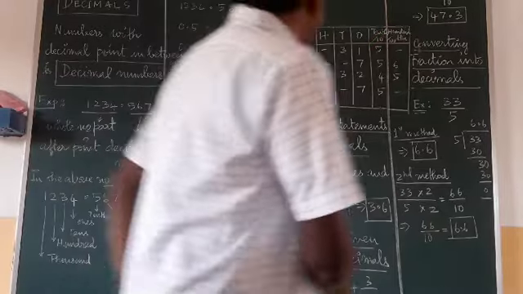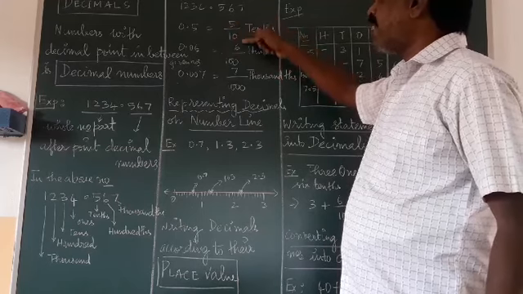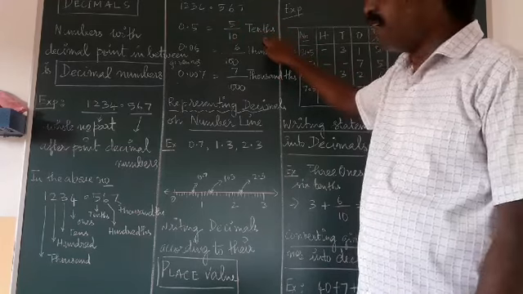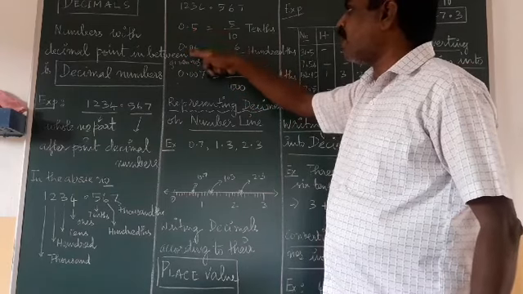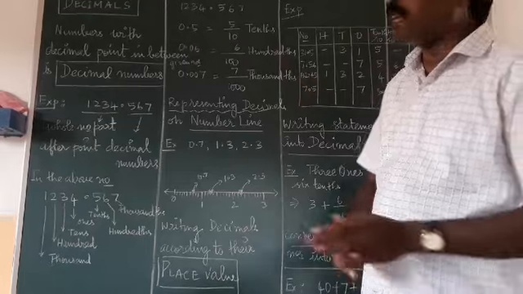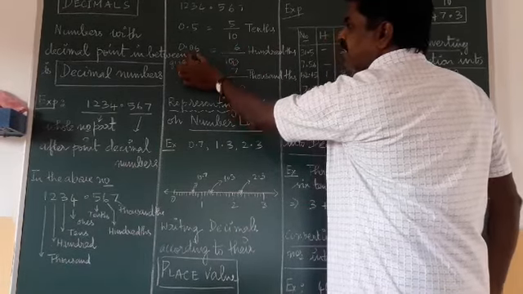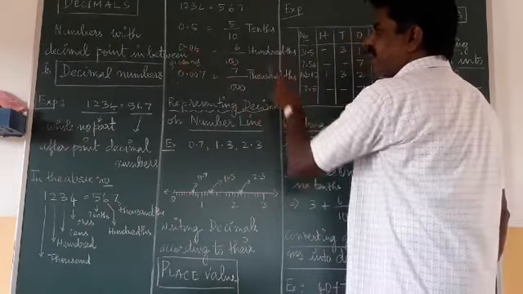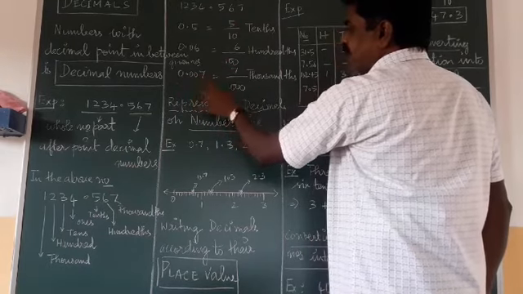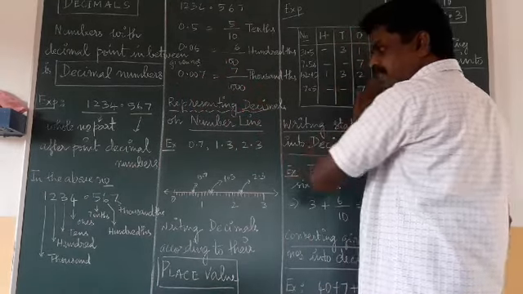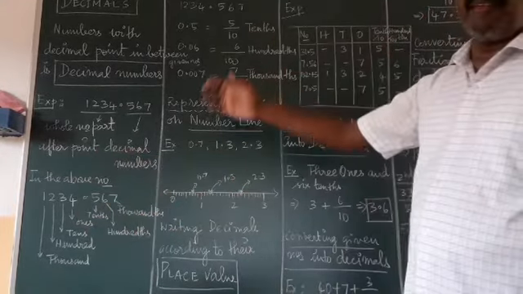How can we write it? What is the meaning of that part? 0.5 is equal to 5 upon 10. That is why it is called the tenths digit. And 0.06, because we add it to 0.5, it becomes 0.56. So 6 upon 100. There are 2 digits after the decimal, so 6 upon 100, the hundredths digit. Then you see the third digit 7, 0.007. 7 upon 1000, so the thousandths digit. Understood? So this is the place value of the given number.